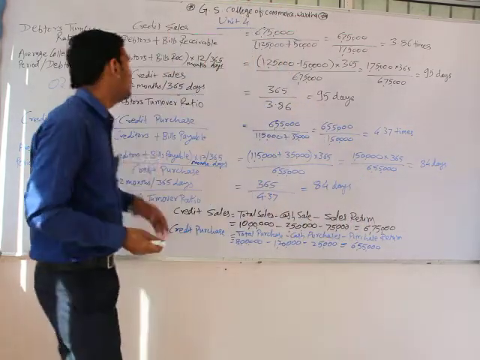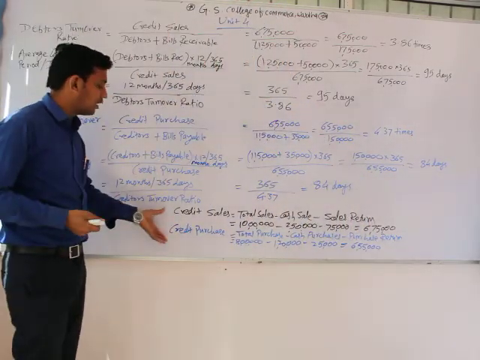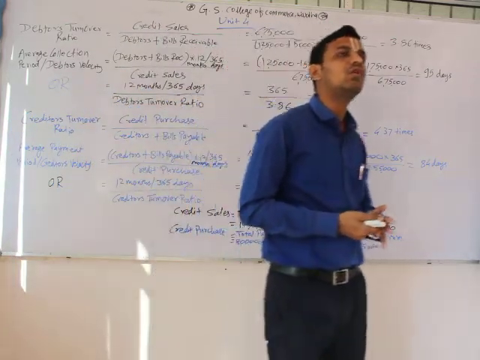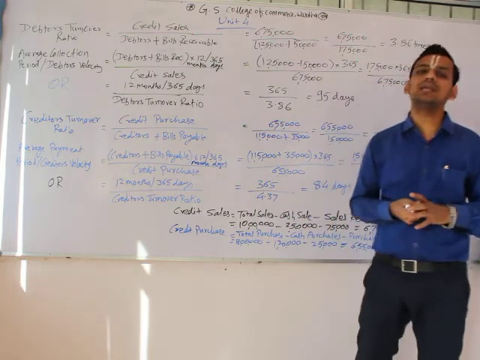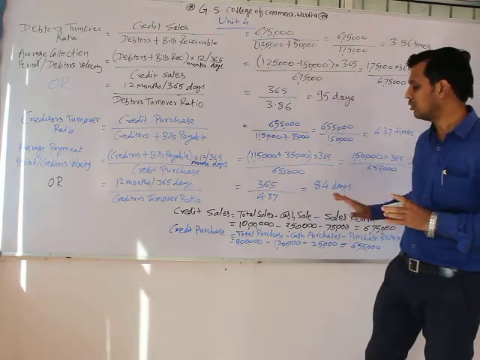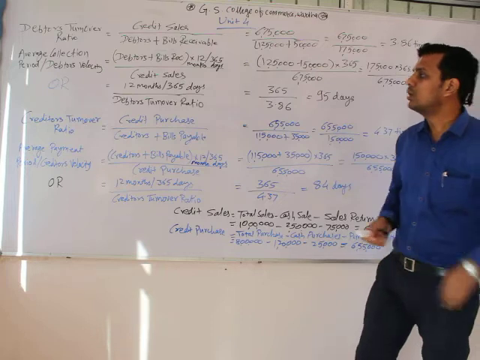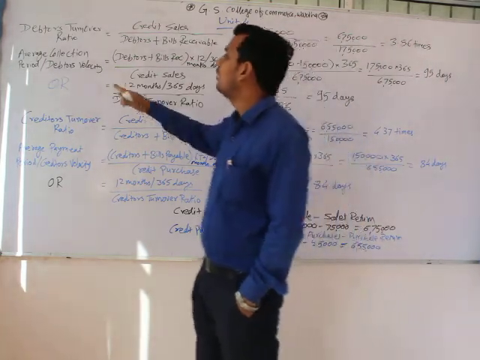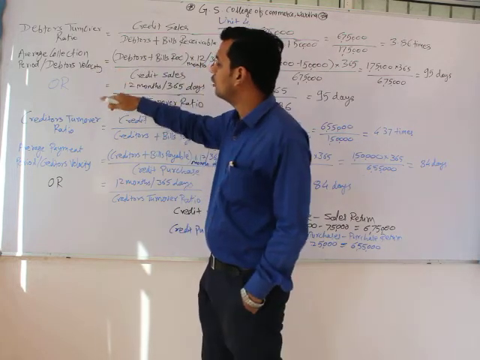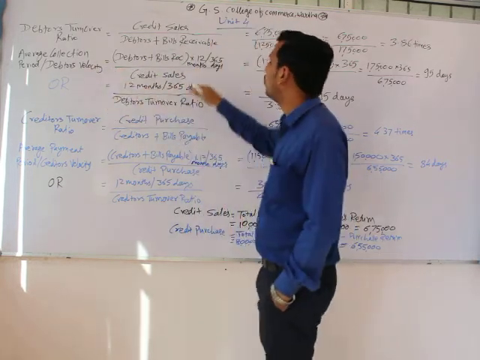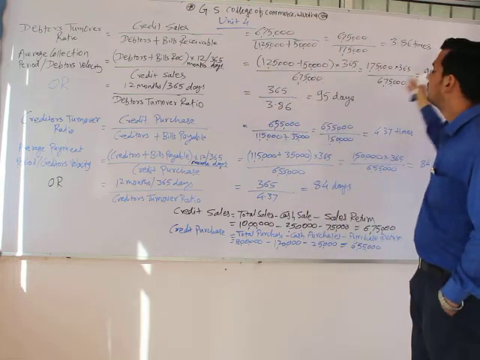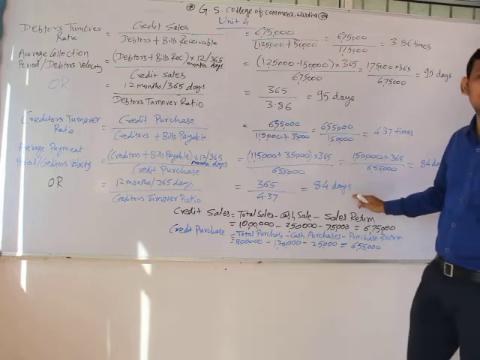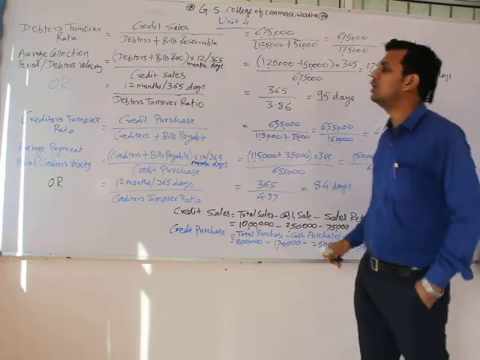First of all, we saw what we have to do. We have to calculate credit purchase as well as credit sales. If some discount portion is given on debtors or creditors, we have to calculate net debtors or net creditors. This is what we have done in this question. Then we put the values in the respective formula, and we also checked that whether we use formula A or formula B for debtors velocity, both give the same result. We have seen this in debtors and also in creditors velocity. So this was it for this question.